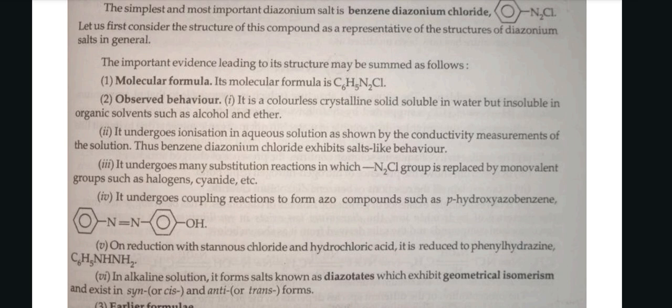as alcohol and ether. Second, it undergoes ionization in aqueous solution, as shown by the conductivity measurement of the solution. Benzene diazonium chloride exhibits salt-like behavior. Third, it undergoes many substitution reactions in which the N2Cl group is replaced by a monovalent group such as halogen, cyanide, etc. Fourth, it undergoes coupling reaction to form azo compounds such as